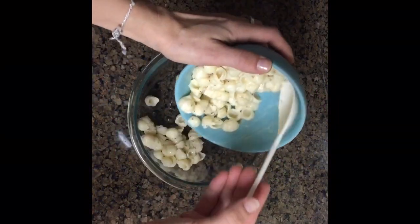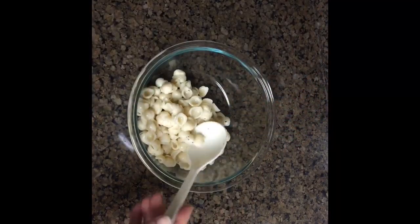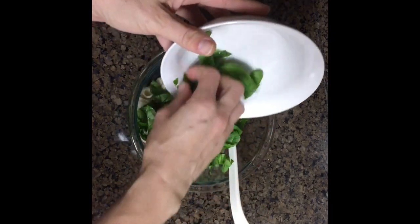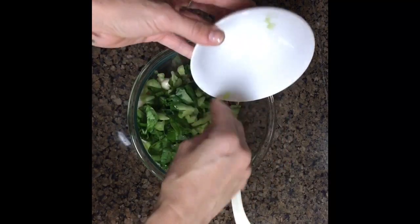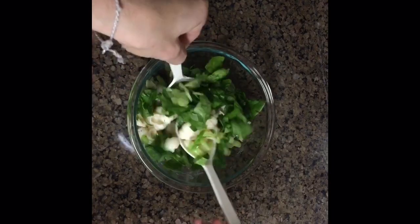You're going to need 1 cup of any cooked pasta drizzled with your favorite dressing. I'm using poppy seed dressing. 1 cup of chopped spinach, 1/4 cup of chopped celery, give it a good stir,